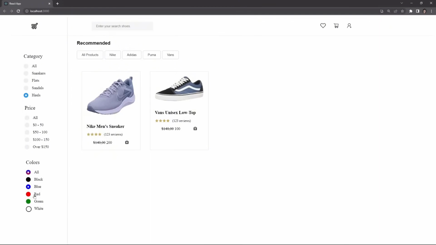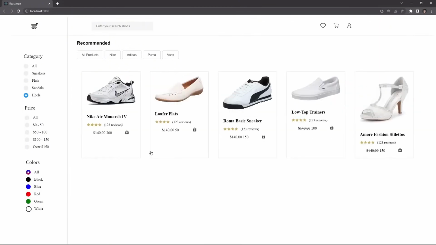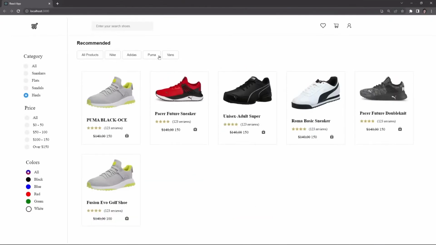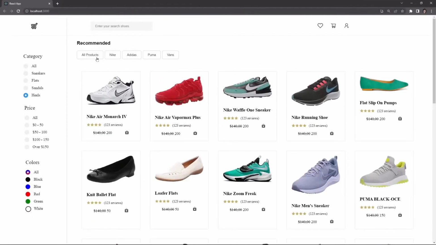Black color, blue color, red color, green color, and white color. Okay, everything is working. I'm going to click on all of the products. Then we have Nike, Adidas, Puma, Vans. I'm going to click on all of the products one more time, and let's suppose I want to get